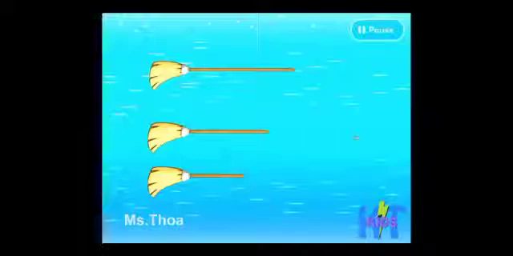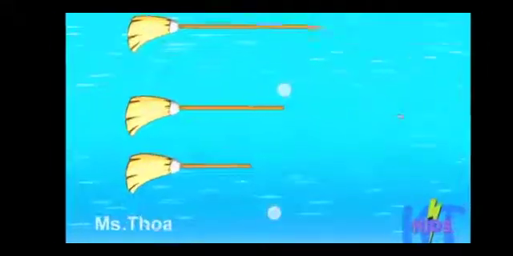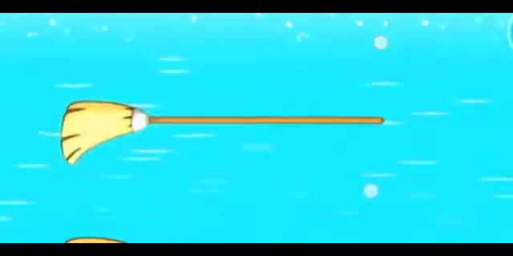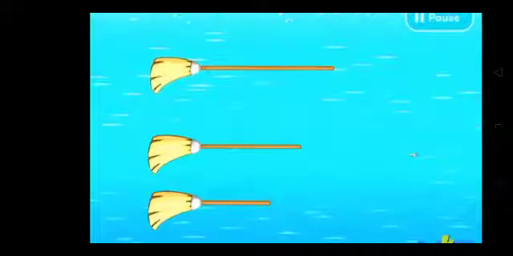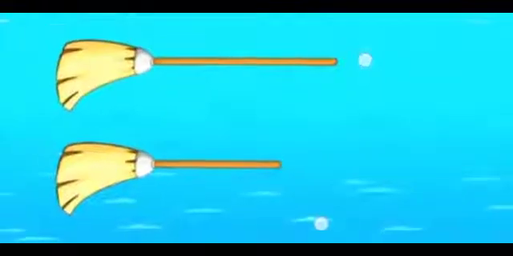Here we have three brooms. The first one is long, the second middle one is longer, and the last top one is longest. As you can see, the length of each broom is different. The bottom broom is small in length.